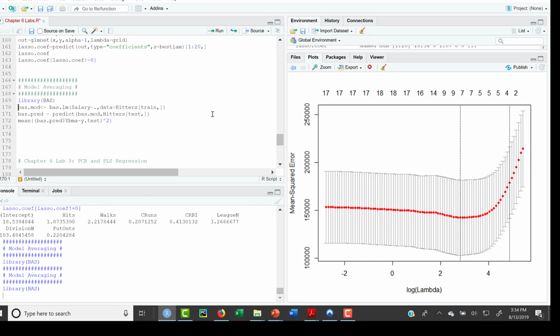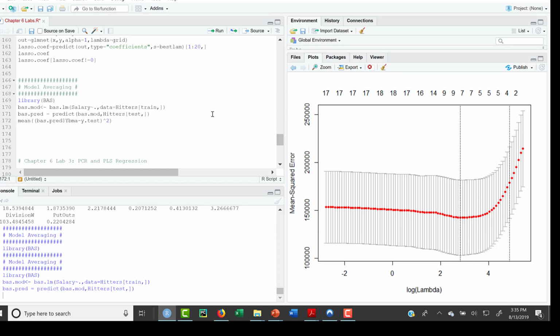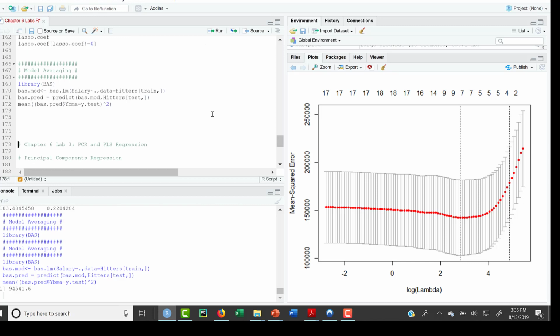So we're going to create our Bayesian model averaging model on the training data. And now we're going to predict on the test data. And then we can compute our mean squared error. That prediction is done by taking the coefficients that were determined by taking the average of the coefficients over the models, where it's a weighted average based on their probabilities. So look at the mean, and we get 94,000, which is a little lower in mean squared error than the,